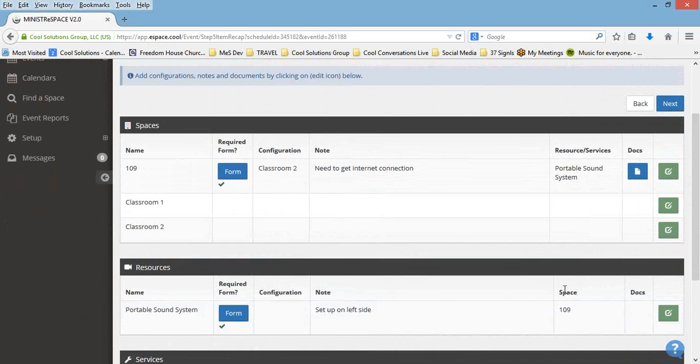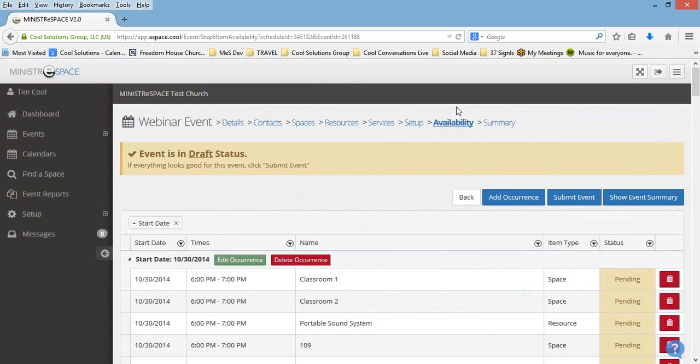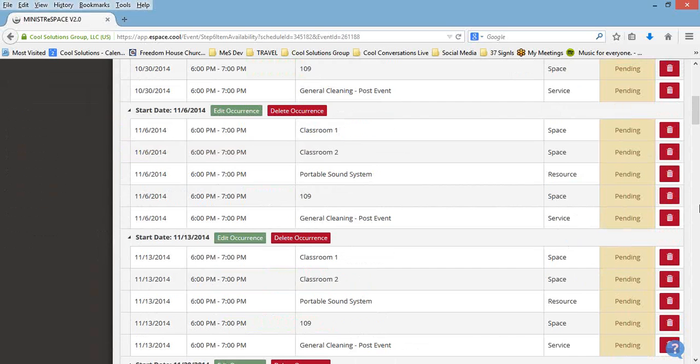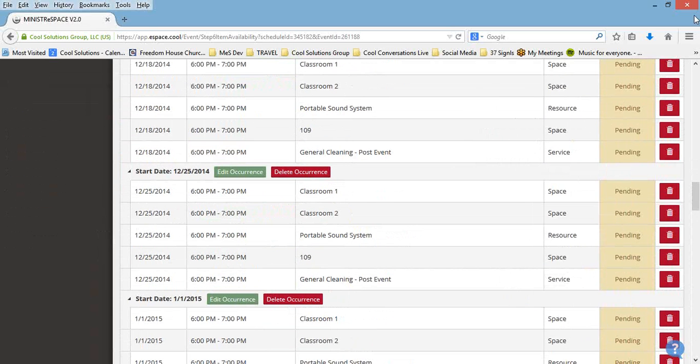Again, just a tremendous way, particularly for your setup crews, to stay ahead of the game and not have to try to figure out themselves. My next step is to look at the availability. We already know these items are available, but it gives it to us in a grid format where I can see them all. This also allows me to